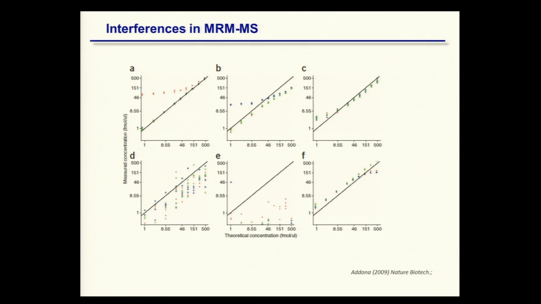into plasma. On the A and B panels, we can see clear examples of interferences because only one of the transitions does not align with the other two transitions, whereas the other two align very nicely with the expected line. So this shows clear interference in these transitions. Here, in this one, we're actually detecting endogenous levels at the low end because all 3 transitions are above